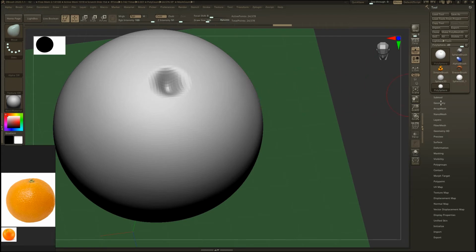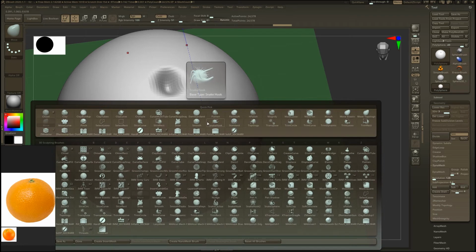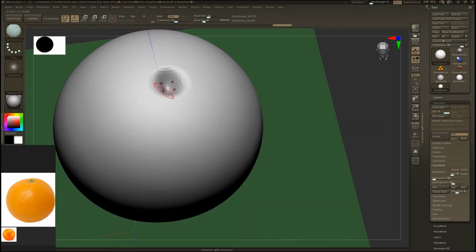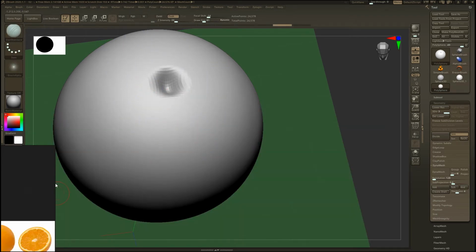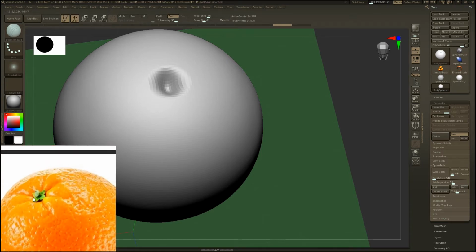And go to Geometry. You see we have default 3D subdivision here, so I choose TempStandard and make partitions here, as you see in this image. So make it with the TempStandard brush.